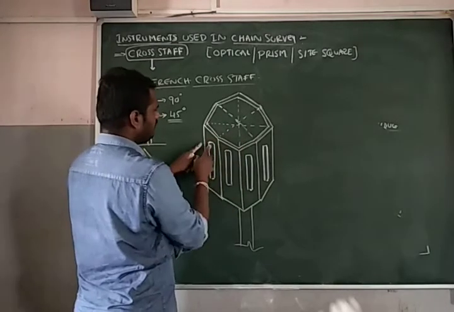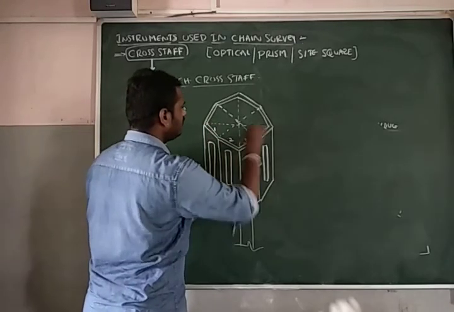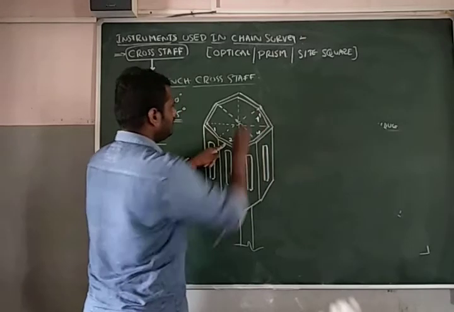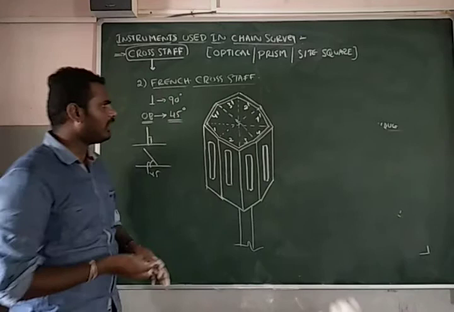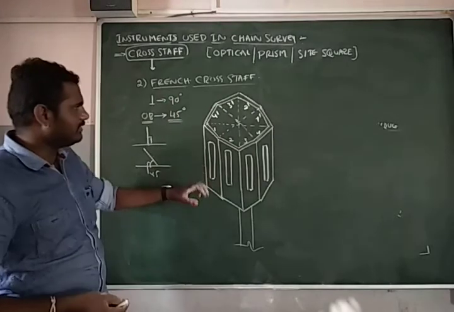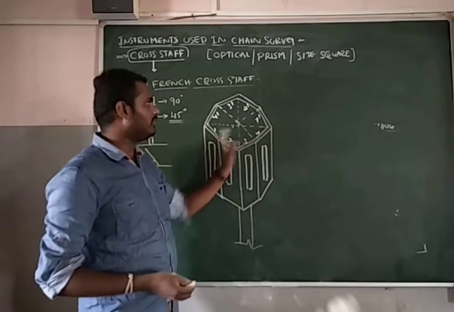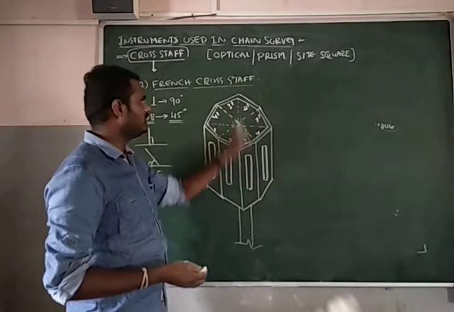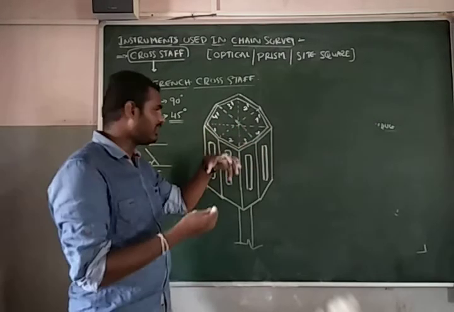So in opposite to this, let us take this is the first one, second one, third one, fourth one. So this one is opposite to this one: 1 dash, 2 dash, 3 dash, and finally the 4 dash. So you can erect 90 degrees if you see from 1 to 1 dash. You will get 90 degrees opposite to each other: 1 1 dash, 2 2 dash, 3 3 dash, 4 4 dash. So that you can erect a perpendicular offset.